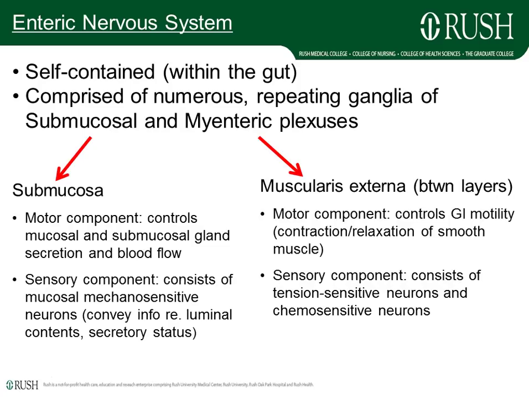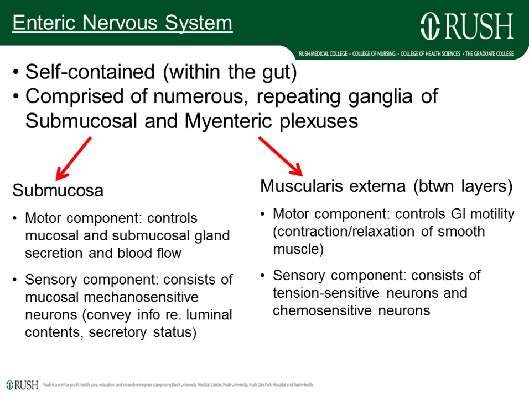The submucosal has motor components which control the mucosa and submucosal gland secretions as well as blood flow to these areas, and sensory components which consist of mechanosensitive neurons within the mucosa that convey information about what's happening in those regions, like the luminal contents and the mucosa and the secretion of glandular status and so on, back to the